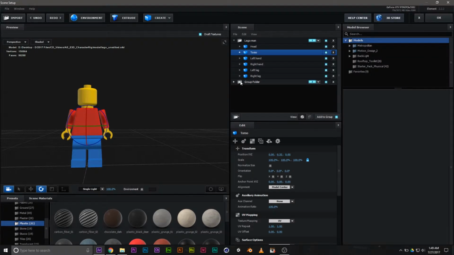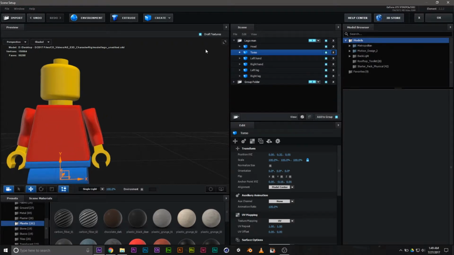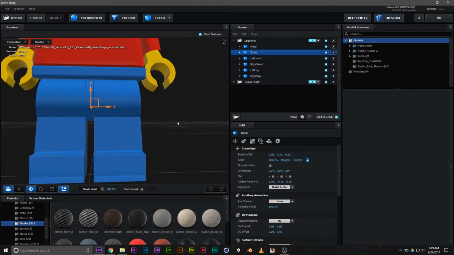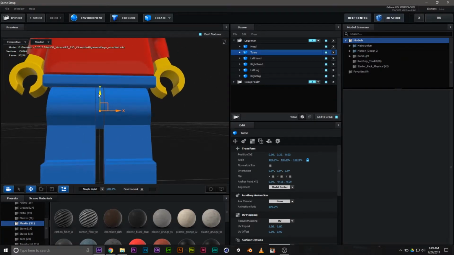Oh, we didn't do the torso. And the placement where the torso actually turns is